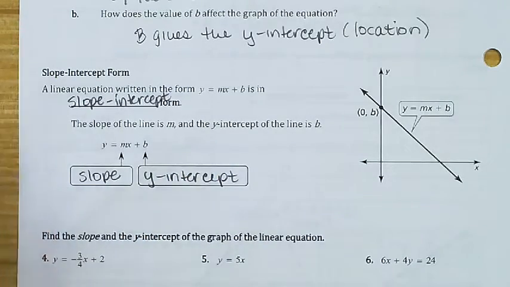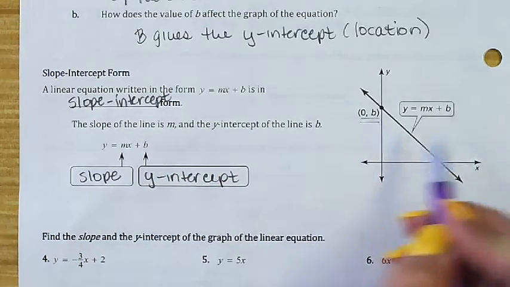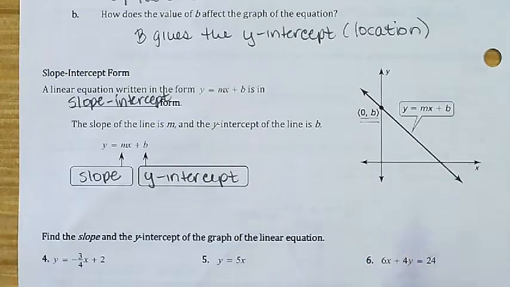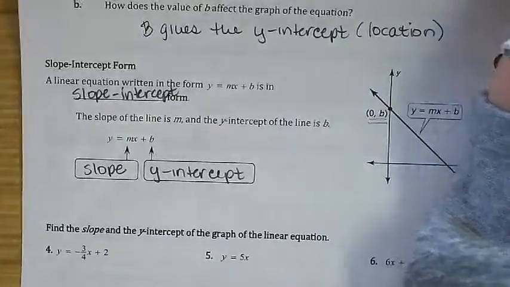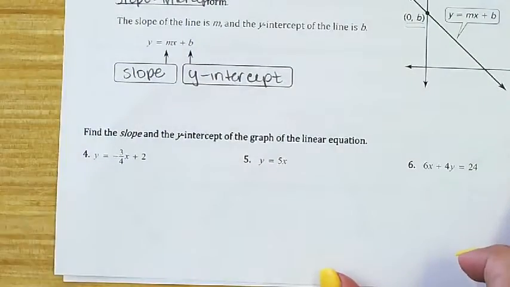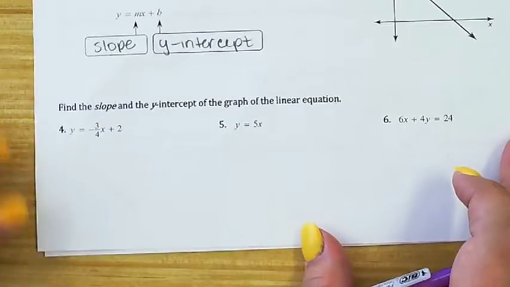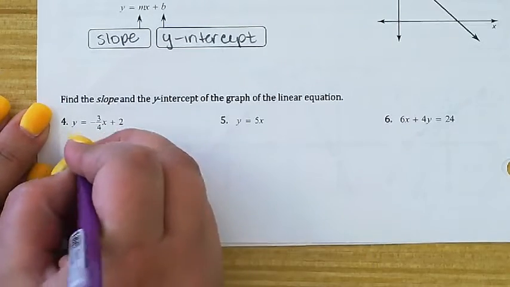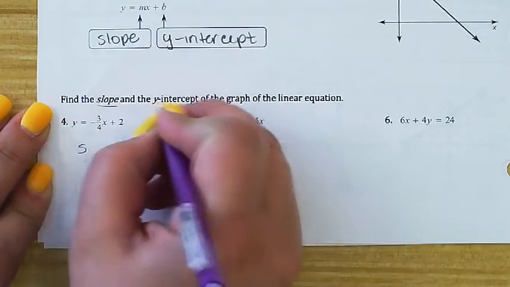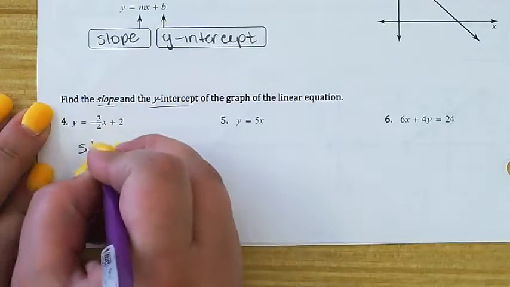Okay, so it's always where does it intersect the y-axis and how steep is our line. So if we practice just a couple here that say find the slope and the y-intercept of each one of those, as long as you know what characteristics to look for from that equation, this should be pretty simple, right? So if we want to identify the slope and the y-intercept,